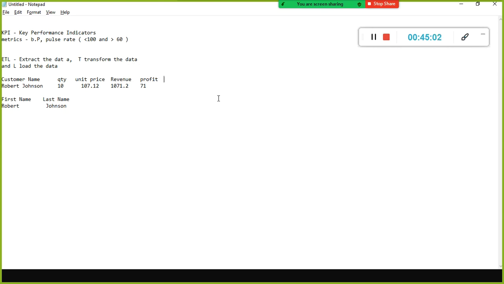Sometimes you have something called a date column, ordered date. The ordered date column will be something like 1/3/2021, and for another customer, the date format will be in a different format.